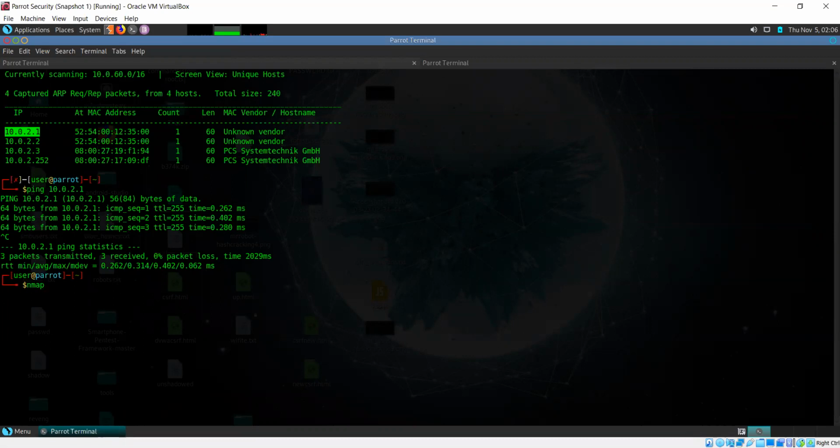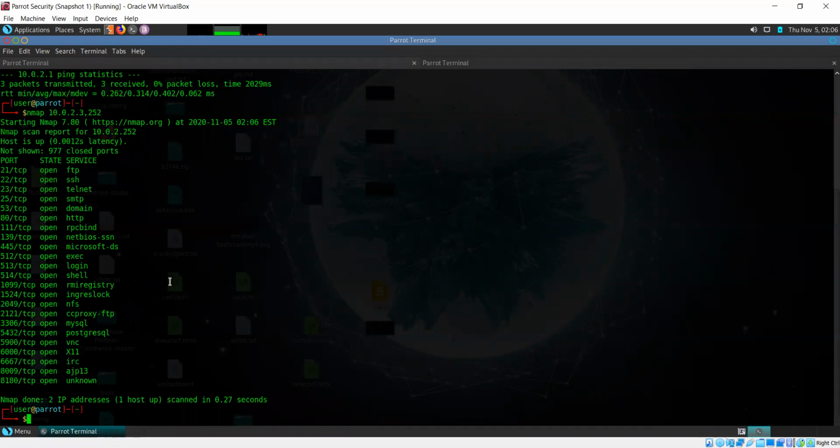I can just try to scan the others with Nmap, and I don't remember whether this is going to work or not.